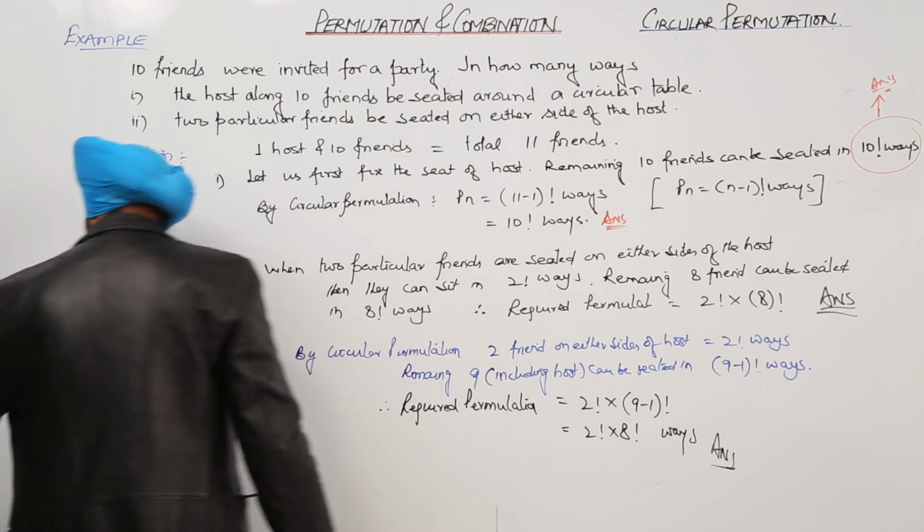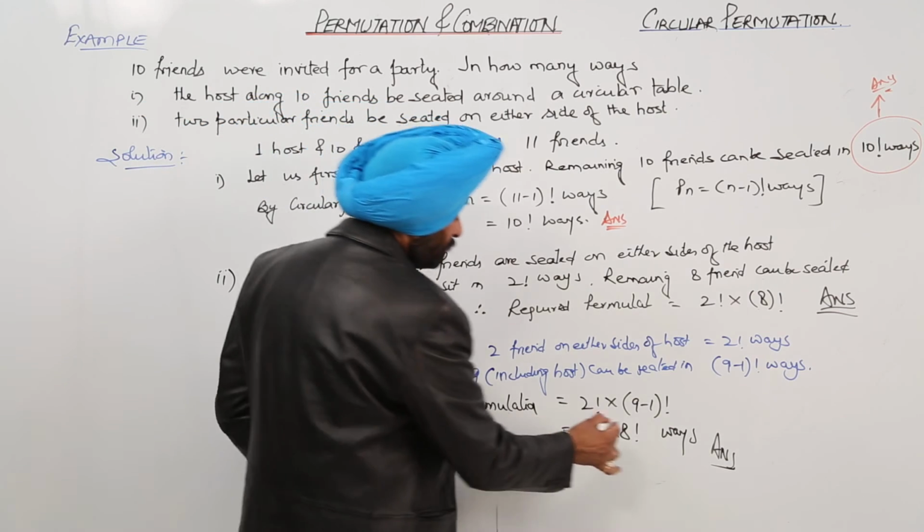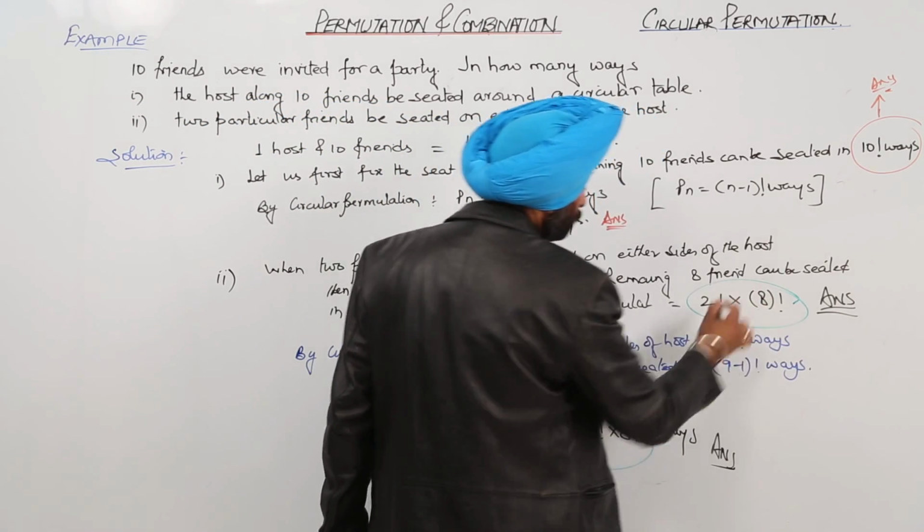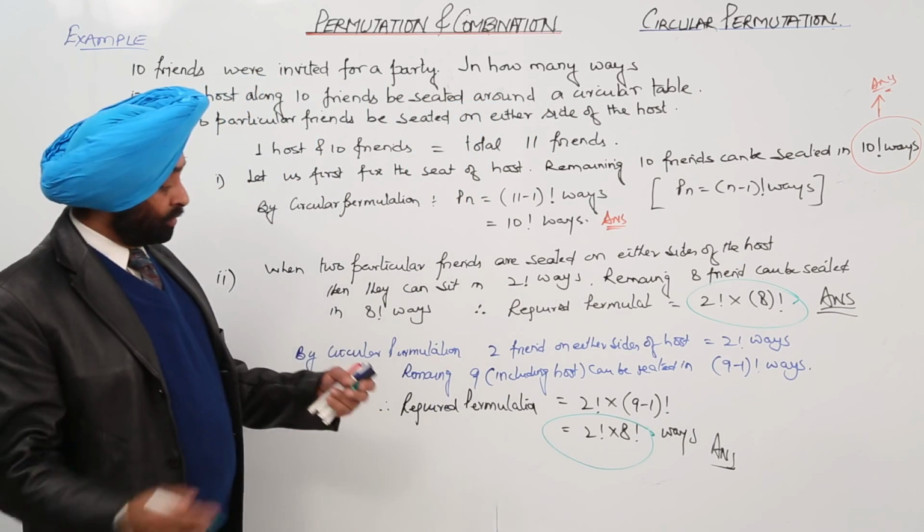Okay, so now you can check it again. By the circular permutation or directly, we are doing one and the same thing. So like this we can directly use